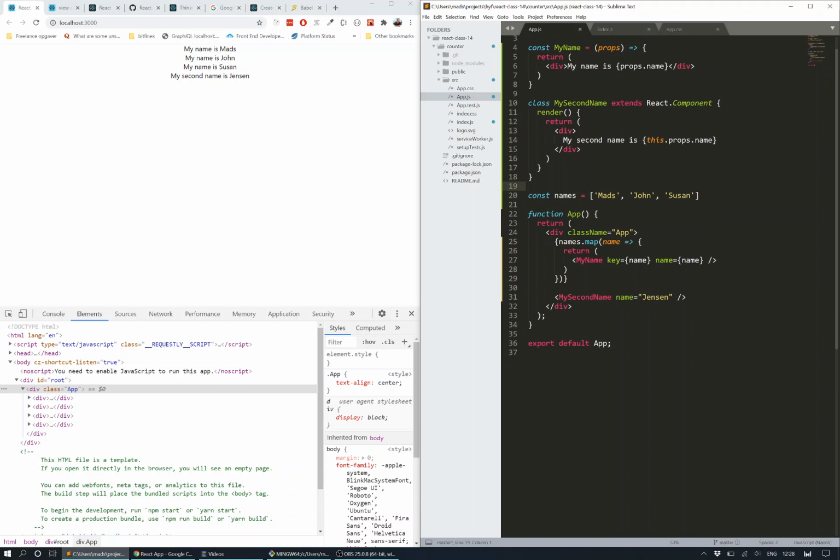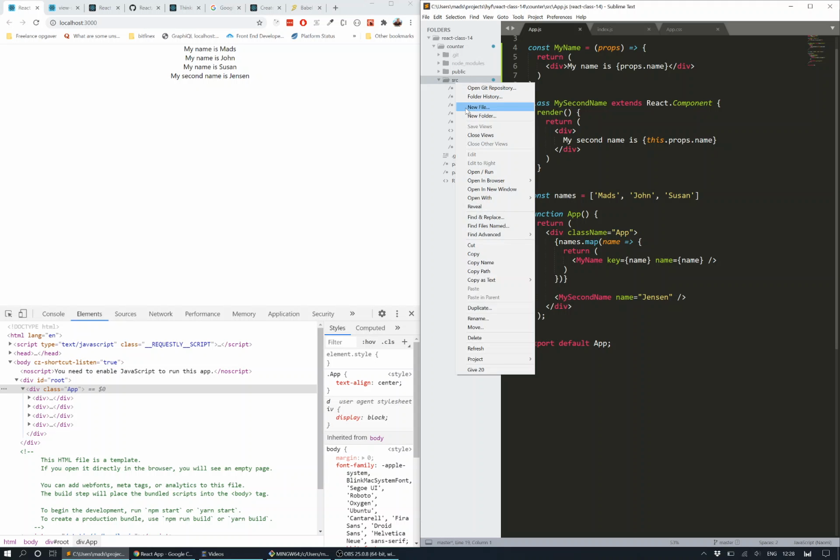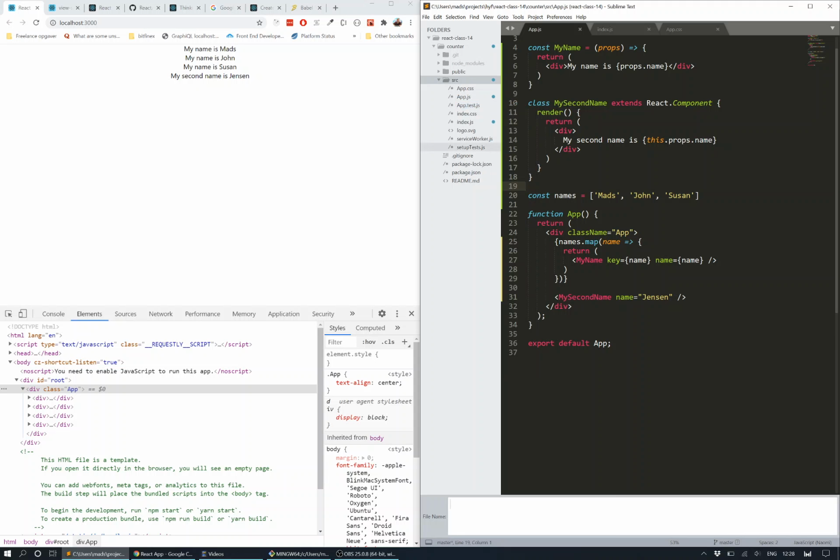Let's try a different one. We're gonna have one more little example here, which is gonna be a bit more complex. Not too complex, but a bit more. I'm just gonna make a new file. We're gonna talk more about props and state. I'm gonna call this